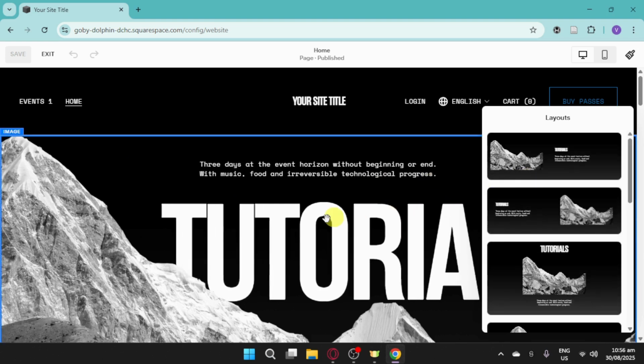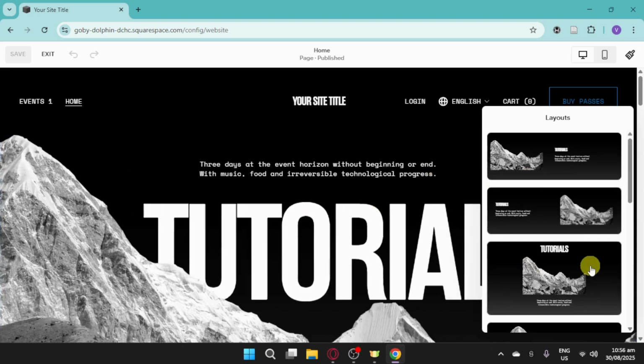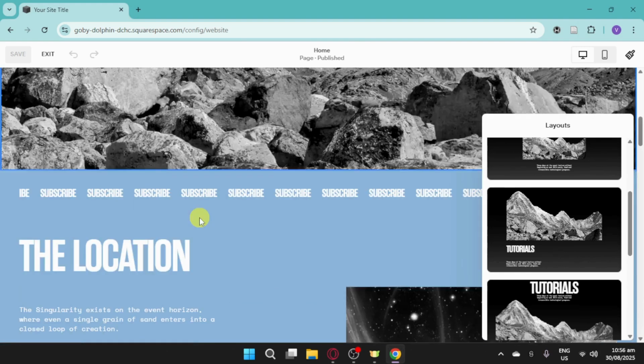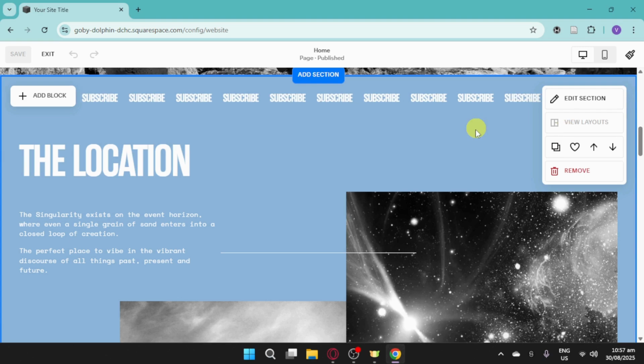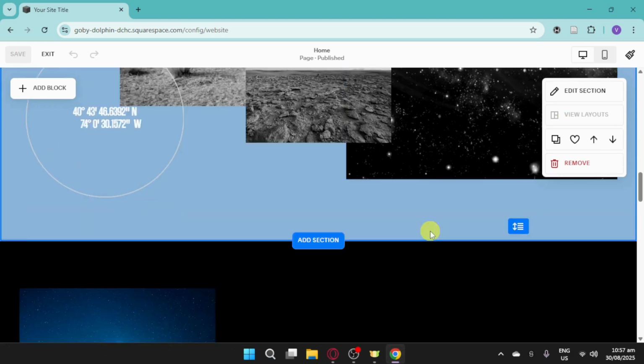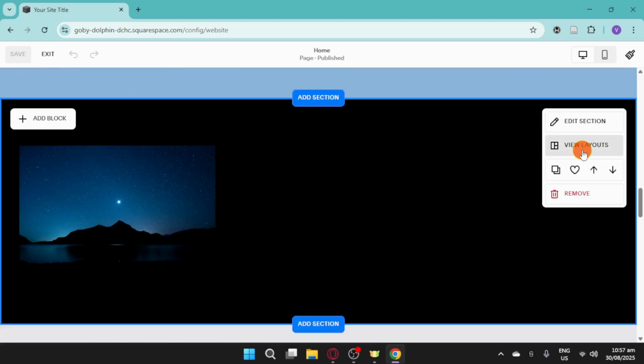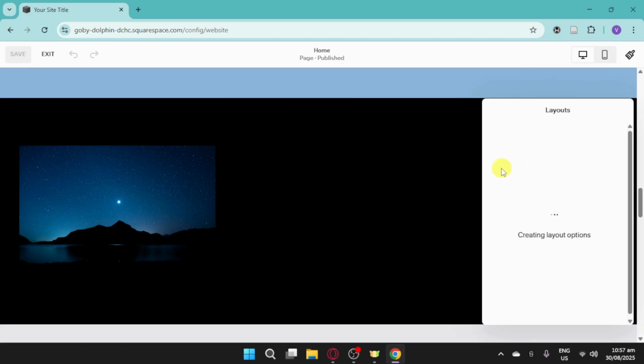So as you can see for this particular section, it has this particular layout. And when you hover to another section, like for example in here this one, you can also view layouts available for this. Now under the layout, for example, you can head over and then view them and then apply them